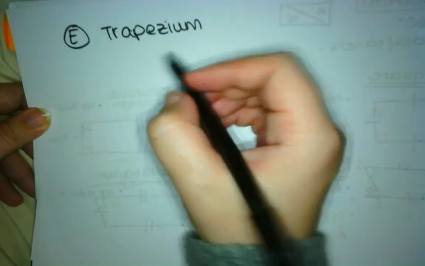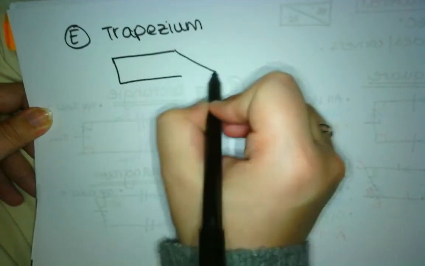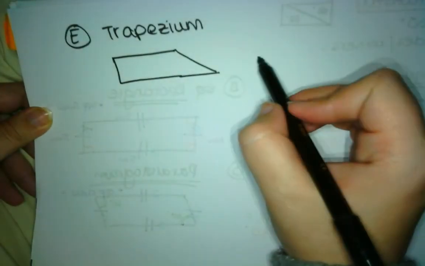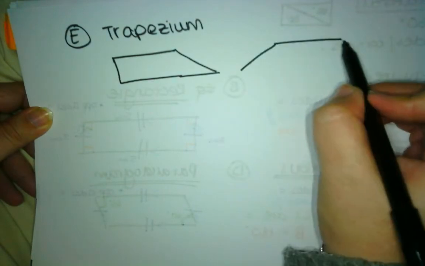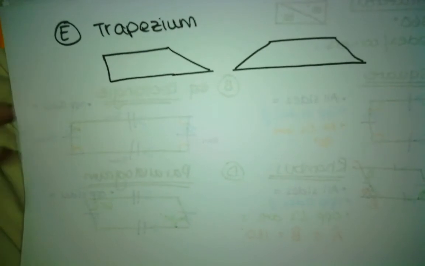Sometimes they call it a trapezoid. And then you get an isosceles trapezium, and you get all these different things. Okay, so it's that one. And then sometimes you get one that looks like this. Okay. So the one main thing that you actually need to remember, it's only one thing really, is that there